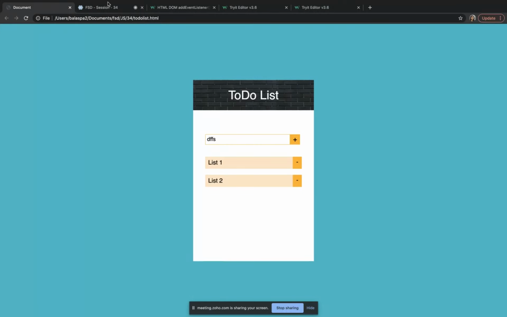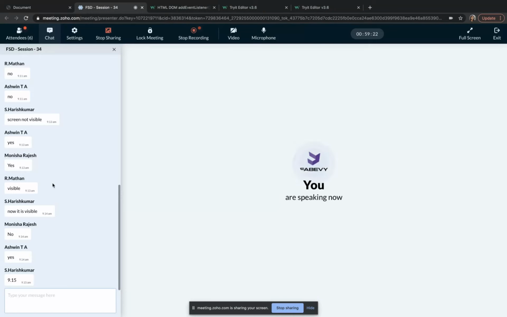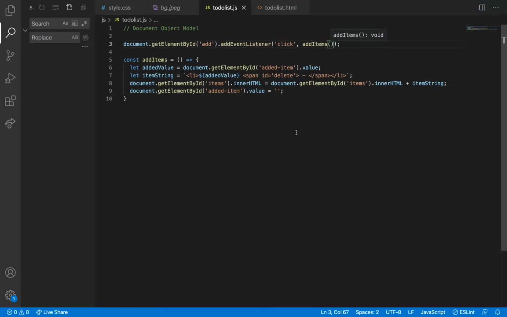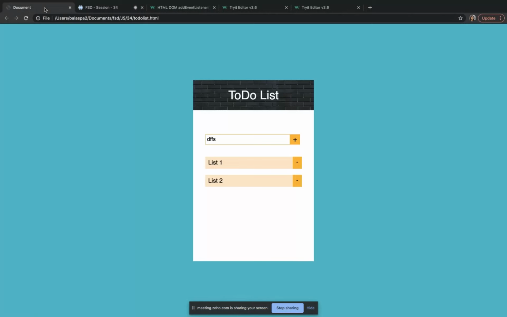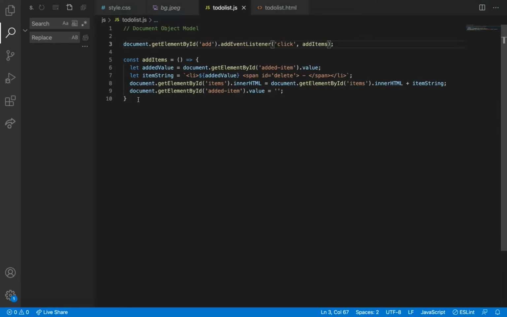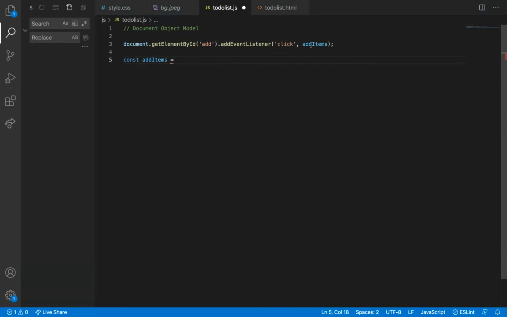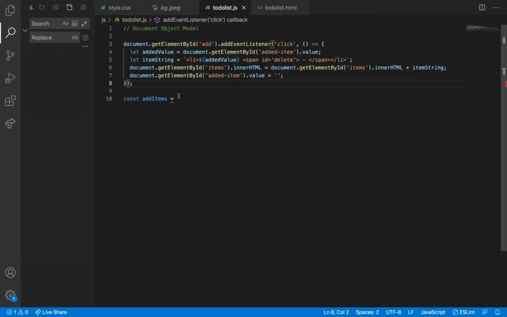I don't know why. Any idea why it is not working? Yeah. Okay, let me change it back to function itself. I don't know why after changing it to an arrow function, if I click on it, it is not working. Seriously, I don't know. I'll check. But if I'm giving it here, it is working. Let me check that tomorrow.